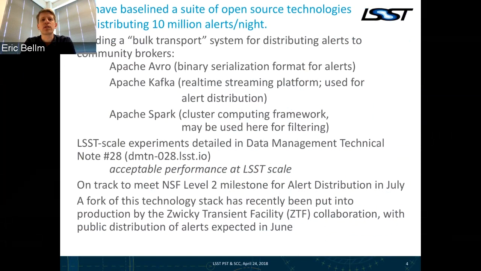And so we're focusing on what we're calling a bulk transport system that's really meant for handling the full stream to community brokers, as well as some of the internal alert handling, for example, in the MiniBroker. We're building on a suite of open source tools developed by some of the commercial internet providers, in particular Apache Avro, which is a binary serialization format. Apache Kafka is a real-time queue system that has some very nice properties in terms of scaling and streaming. And then we're looking at ways to use Apache Spark for things like the filtering layer, but that's still a